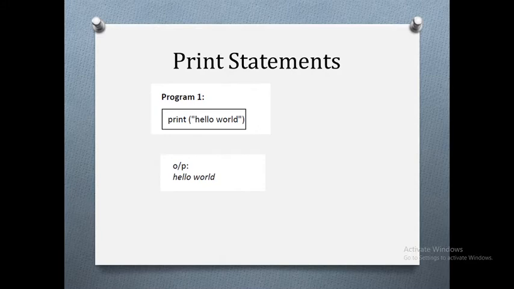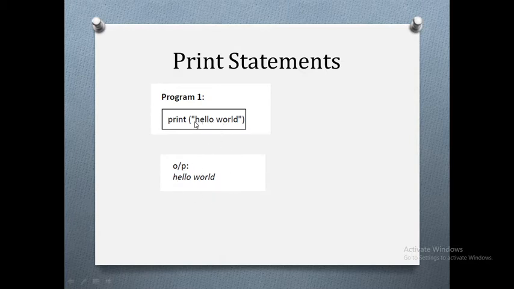You can see here the print statement, and something is written within the brackets. This is a command which we are giving to the system or the Python interpreter to print whatever is within this bracket. So the output will be hello world.